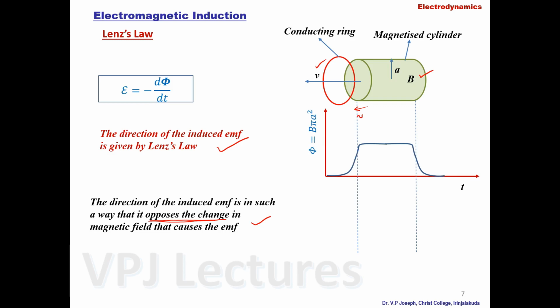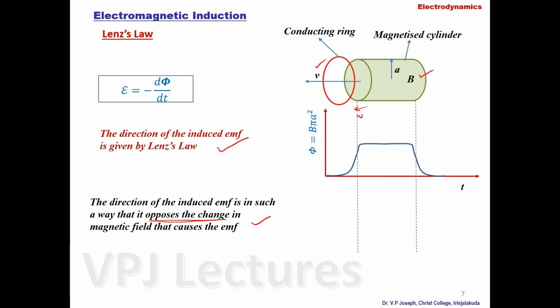That is, the magnetic flux associated with the magnetized cylinder may be given by phi equals B into pi a square. Pi a square is the area of cross section, and B is the flux density. So phi equals B into pi a square. That is the maximum magnetic flux, and the variation with respect to time as it moves towards the ring may be